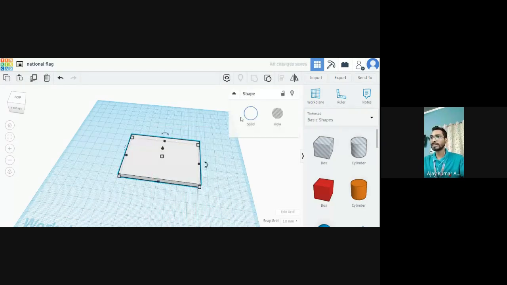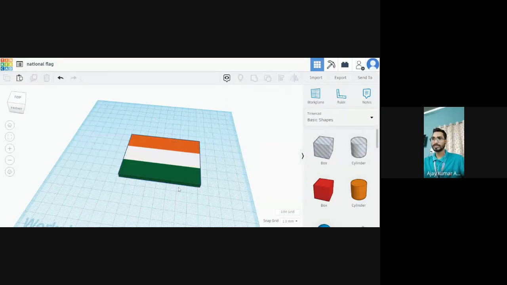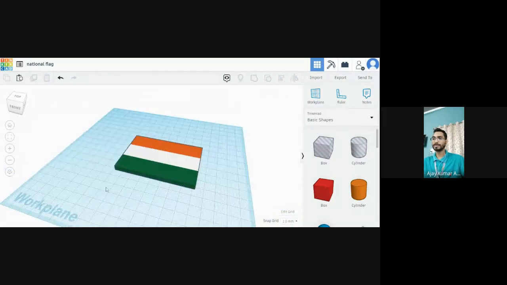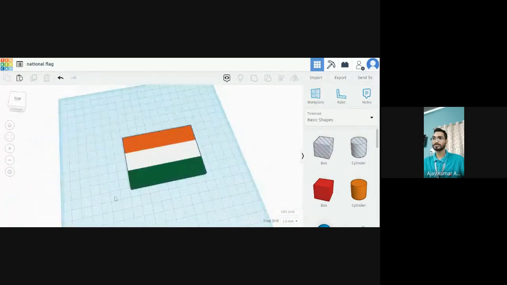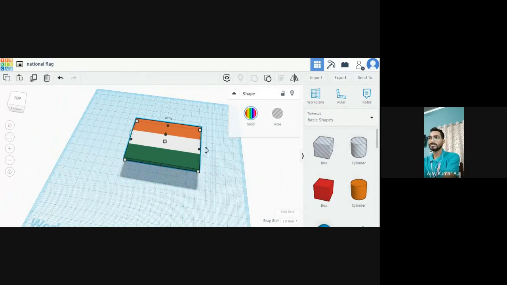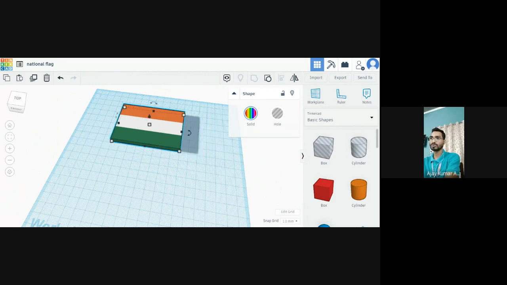You can choose again and go to solid if you want to get the previous colors. ठीक है, जो आपके पुराने colors थे अगर आप उनको चाहते थे, so again you can choose the multi colors so that the figure will get its own color. So this is, we can say, the frame of our national flag we have just made. We can now drag it upward so that we will get the space for our spokes.